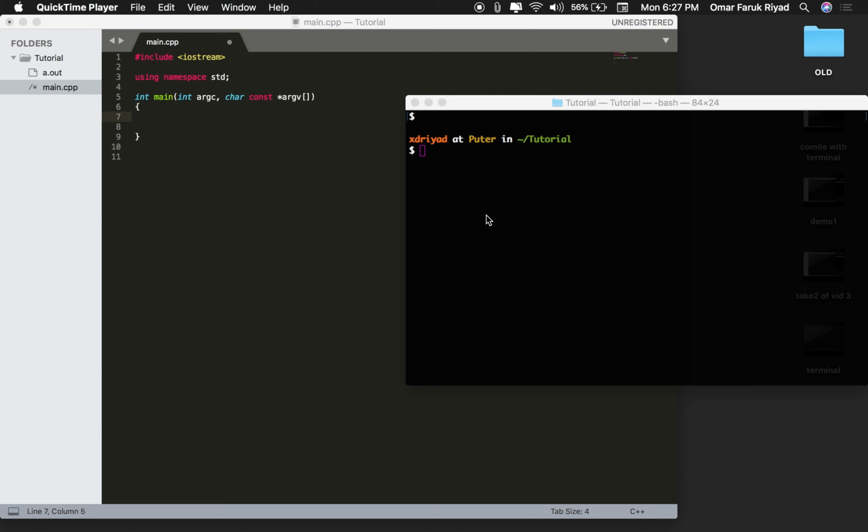Today we will look at the command line. Before that, let me show you how command line arguments work. Remember we created a file, here is the main file. We use nano to edit the main file. Let's do that again. Nano